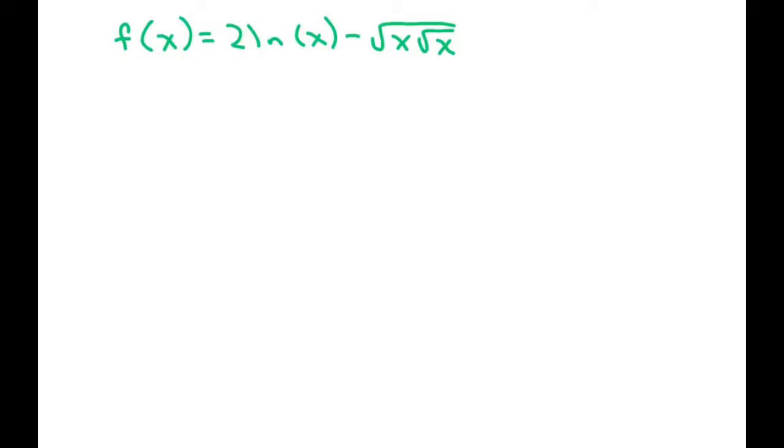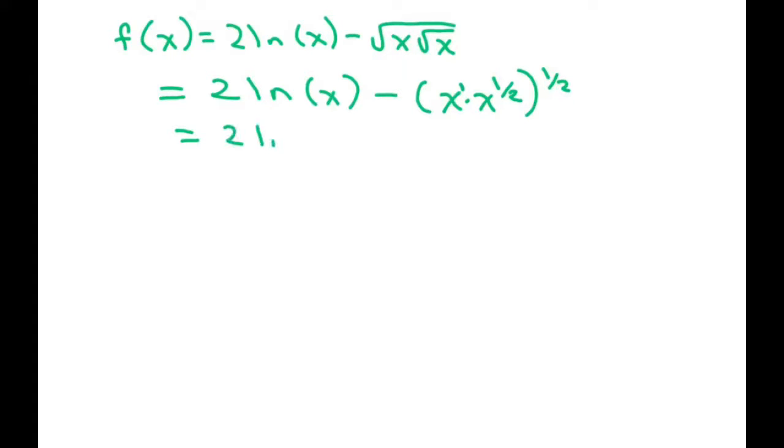So the first thing I'm going to do is just rewrite this with the radicals and change them to rational form. So I'm going to write this as x times x to the 1/2, and this whole thing is to the 1/2. So basically, this is x to the first power. I'm going to rewrite this again,